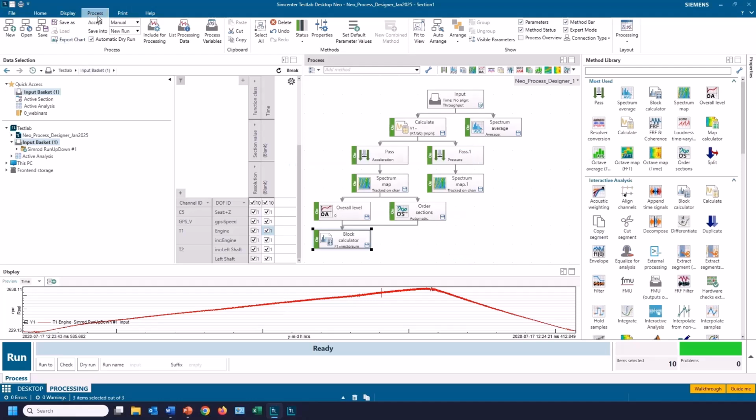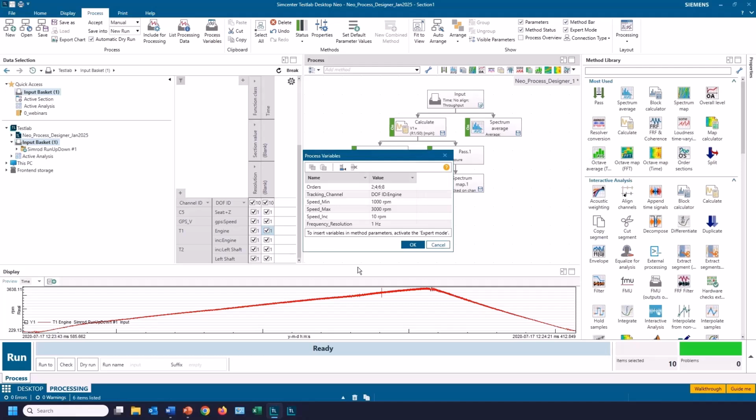If I look at the process here, I turn on expert mode. Okay, so expert mode is turned on over here on the right. I can look at my process variables. You basically can add some new rows here. I give it a name, and you give it a value. So here I have a value for orders, and I call them 2468. And you want to be careful of the syntax. If that's expecting commas or semicolons, you have to make sure you use the same. So here I added semicolons because that's what that method requires.